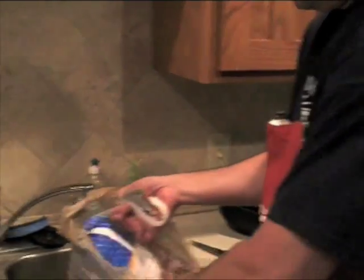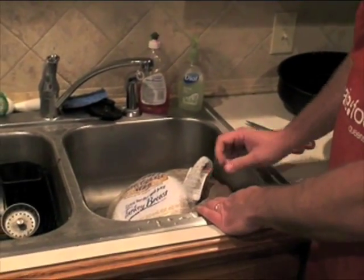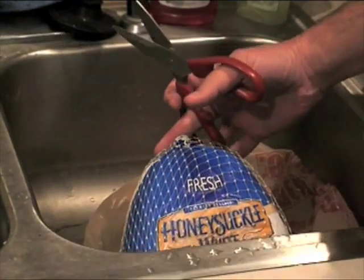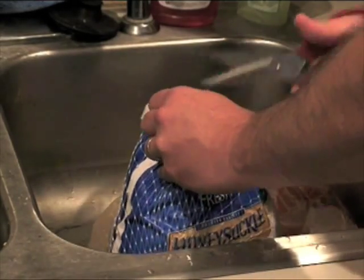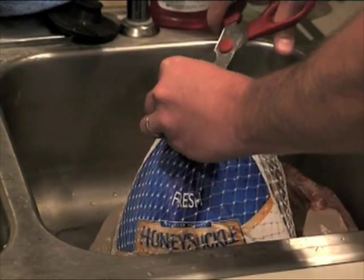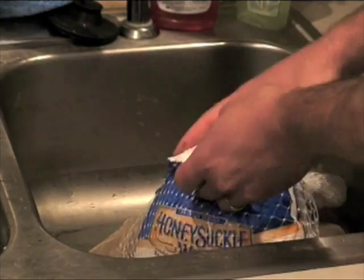So I went to the local Dillons in Manhattan, Kansas, and they didn't have any turkeys. They say, Thanksgiving's not till November. And I'm cooking for Canadian Thanksgiving. So what I have here is a turkey breast. It was fully thawed before I bought it, so I couldn't show you how to thaw a turkey on the counter, which I do. And what I've done is put it in the sink